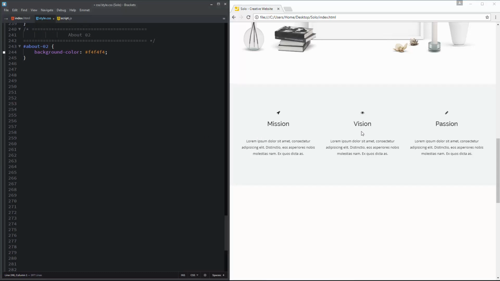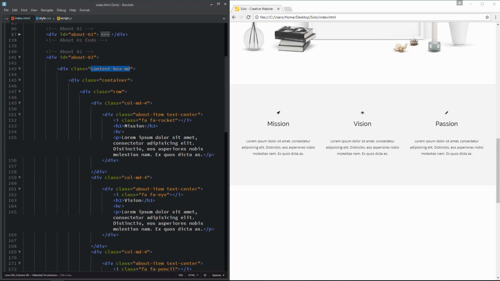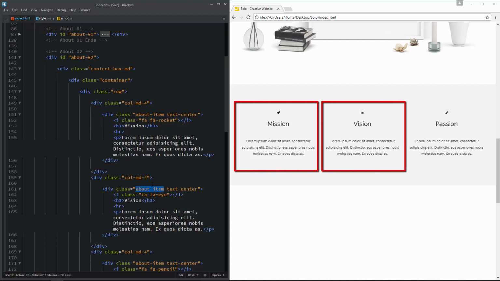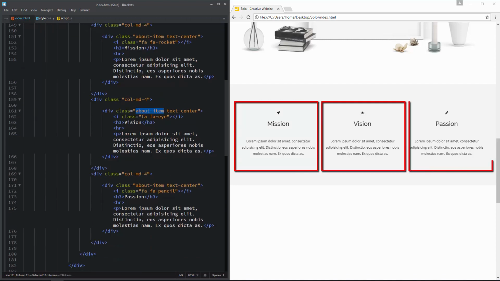For these three columns, I have created a generic class, and the class is this about-item class. We have the same class for all these three columns. This is the first about item. This is the second about item, and this is the third about item. Now by using this single class, we will apply CSS to all these three columns, to all these about items.